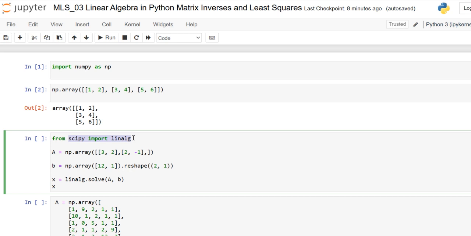NumPy also includes some tools for working with linear algebra applications, like numpy.linalg, which is the linear algebra module. However, unless you don't want to add SciPy as a dependency to your projects, it's typically better to use